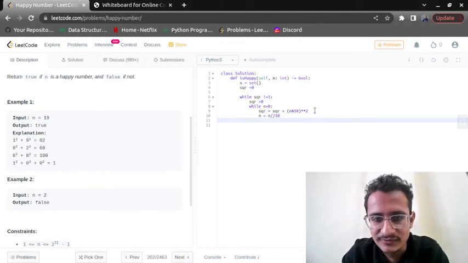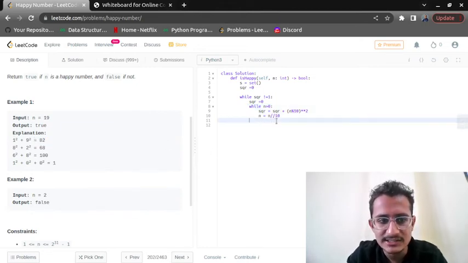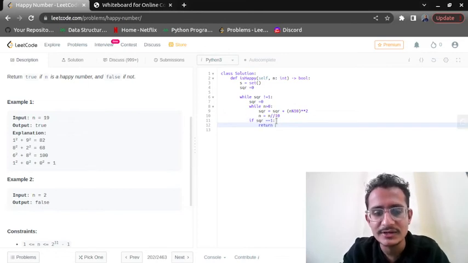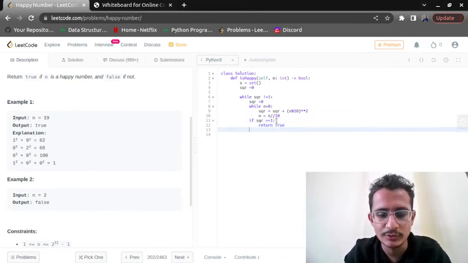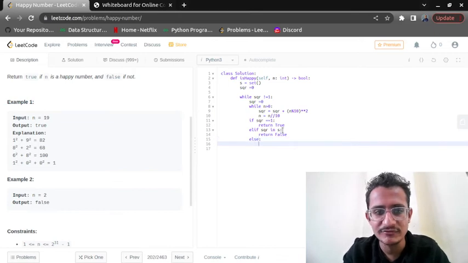Once this while loop ends, it means we have reached this position, we have got the value as 82. Now once this while loop ends, you will check the result, square equal to 1. If the final value is equal to 1, we will return the value as true. If it is not, we will check if square is in s, the set that we have declared, whether it exists in the set or not. If that value exists in the set, we will return false. If both conditions fail, we will upgrade our number to square.